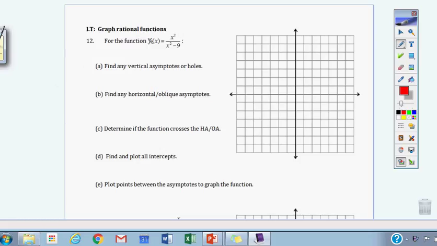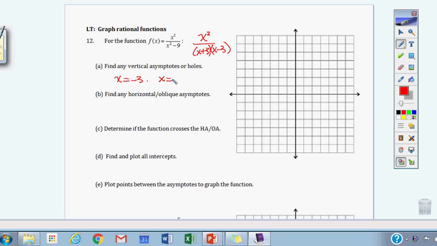12 and 13, we're going to make our journey all the way through a couple rational functions here. So like we were saying before, we want to look for things to cancel. For the wholes, these do not cancel here. You have to factor first. So that's x squared over x plus 3 and then x minus 3. So we actually see nothing canceling, but our vertical asymptotes then are going to be at x equals negative 3